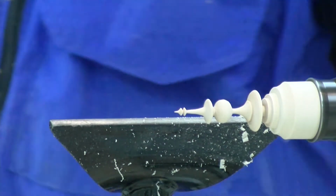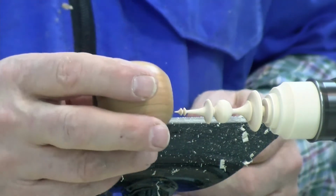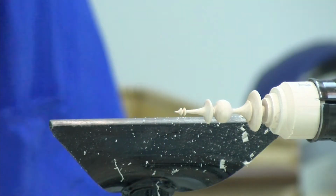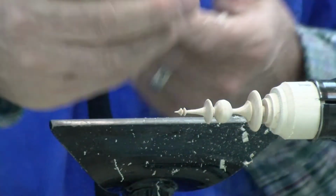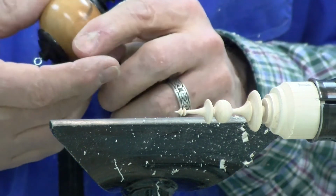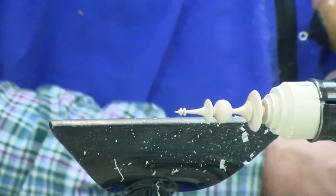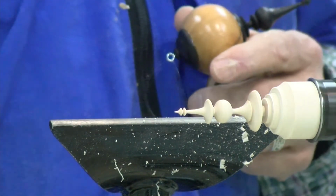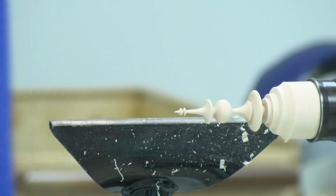Before I completely cut it off, a lot of people, when they have a pretty wood like cherry, really like the contrast. The white and the cherry isn't really very striking to me. What most people like is they like the ebony look, and if you've gone and priced out ebony, it's pretty darn expensive. But I could take this and take some liquid, it's actually leather dye, it's black leather dye, and when it's on the lathe you turn down really slow, take a sponge brush, dip it in there and just apply it. And I happen to have,